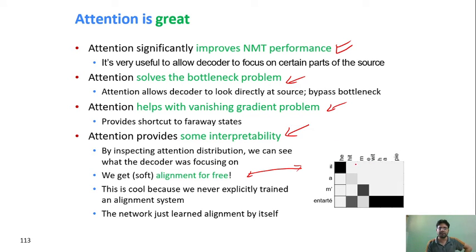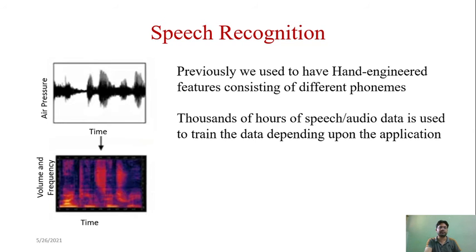With this alignment graph, you can see that one word is aligned with "he", while the rest of the words are aligned with the entire phrase. In that way, you are getting the alignment as well. Now let's look into one application: speech recognition. It is heavily utilized by Google Home, Alexa, and many other applications, like in your mobile phone as well. Google search and speech-based search are there. So there are plenty of applications, right?